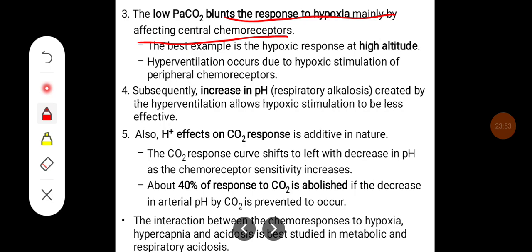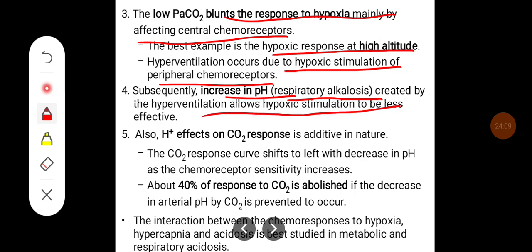The best example is the hypoxic response to high altitude. Hyperventilation occurs due to the hypoxic stimulation of the peripheral chemoreceptors. Subsequently, the increase in pH, as occurs in respiratory alkalosis created by hyperventilation, makes the hypoxic stimulation less effective. Also, H plus effects on carbon dioxide response